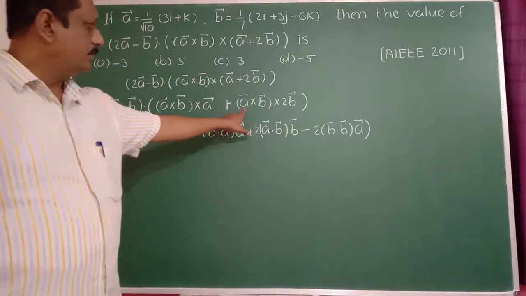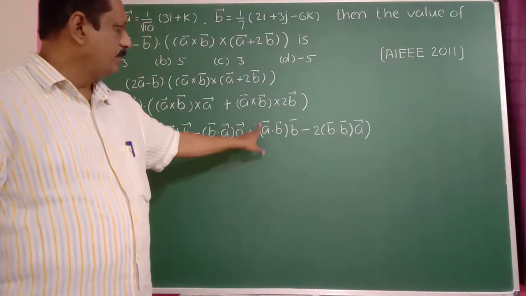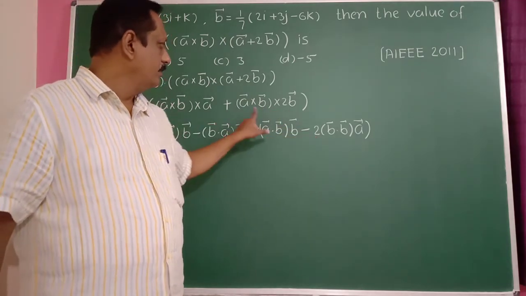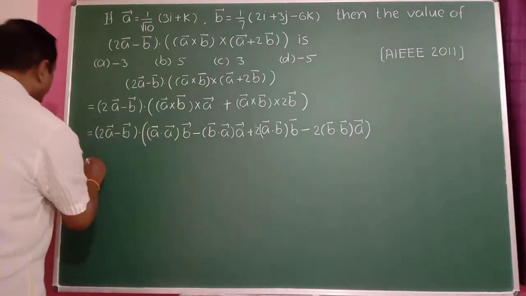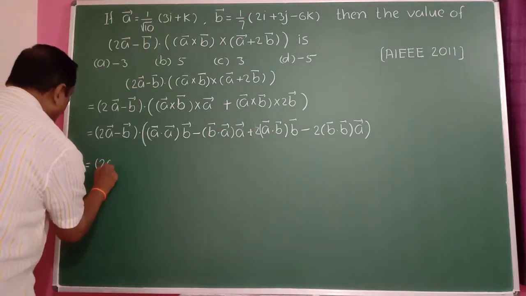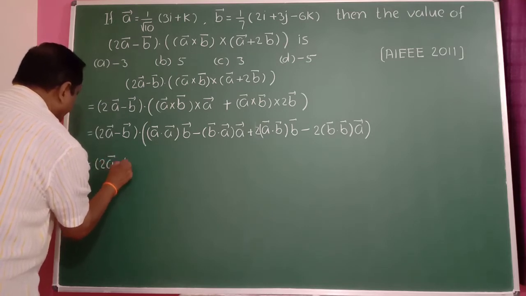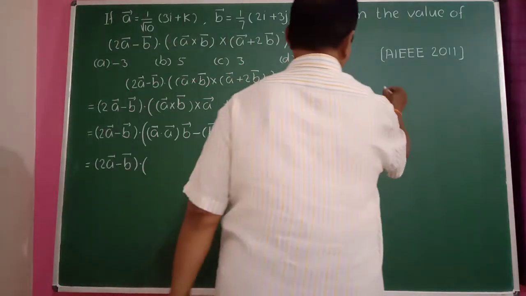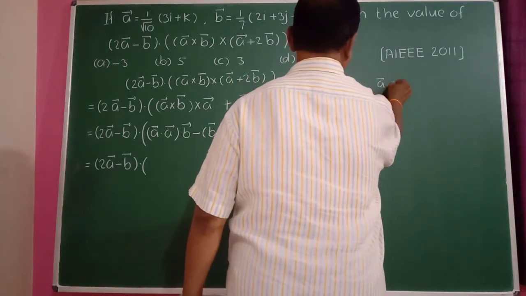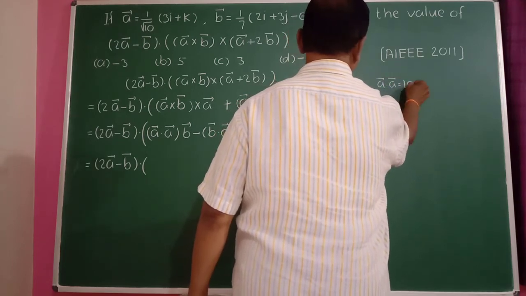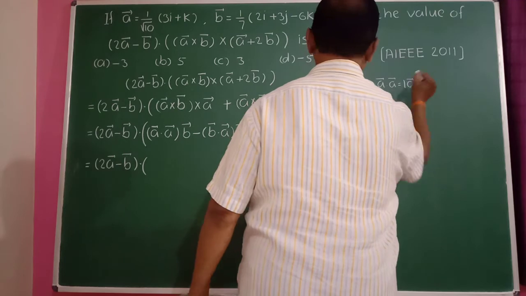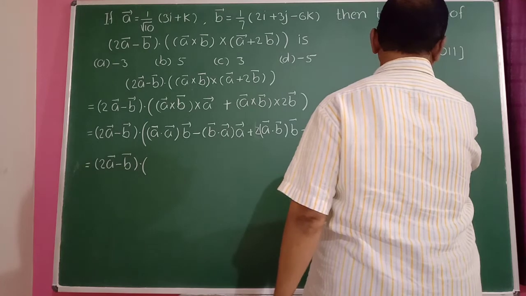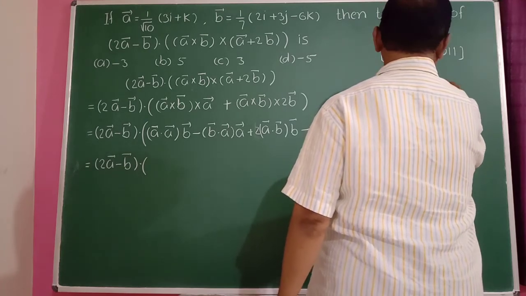So this dot of this means 2 into a bar dot b bar into b bar, minus this into this here, 2 into b bar dot b bar into the vector a bar. Therefore this equals 2 a bar minus of b bar dot of a bar dot a bar. So you know a bar dot of a bar is equal to modulus of a bar square here. According to this vector here, 1 upon root 10 into root of